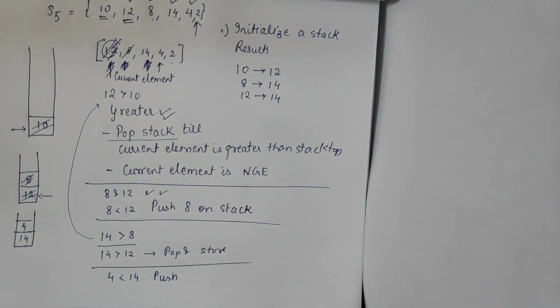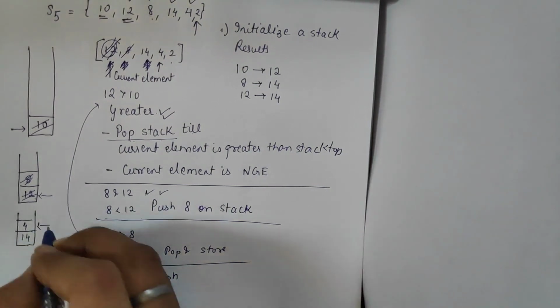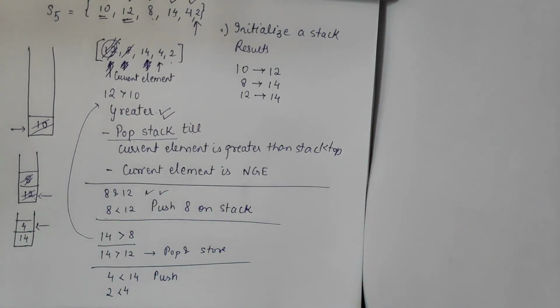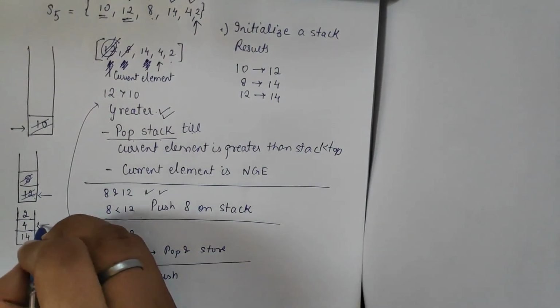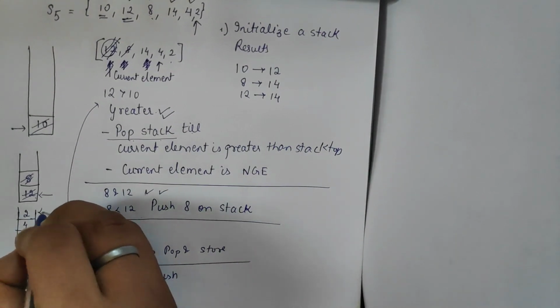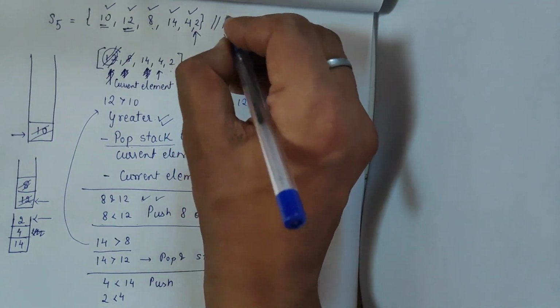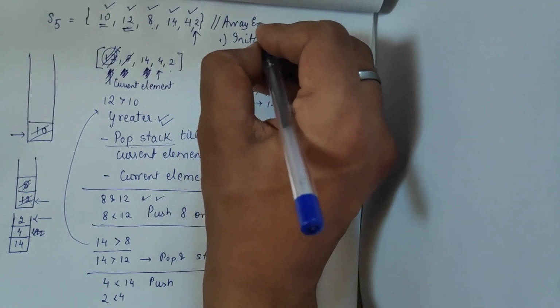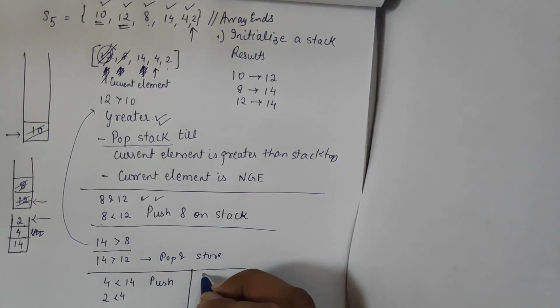Okay, so what happens with 2? Again 2 is less than 4, which is the stack top. See, we always compare the stack top. That's it. So 2 is less than 4. So what do you do? We push 2 onto the stack. Right? So now what happens? The array ends. Right? So when the array ends, the last step of the algo is